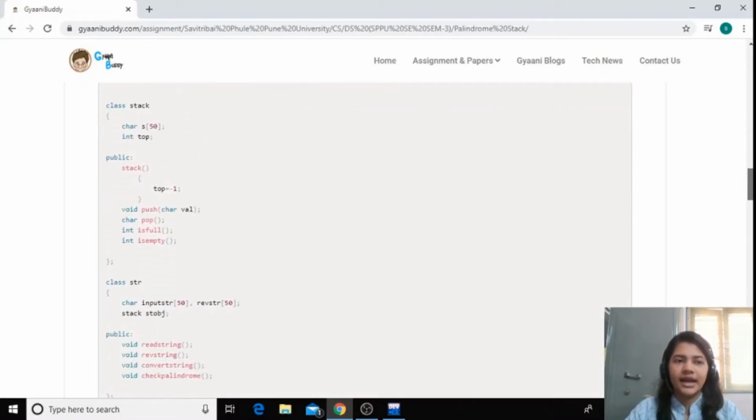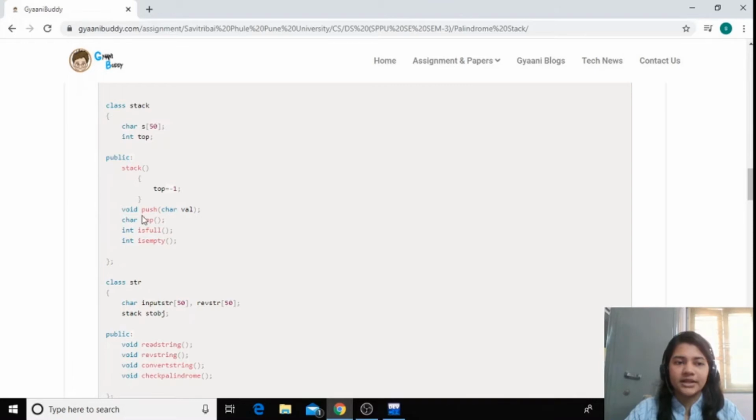And then I have defined a class stack, and in it, as we know that we are using array representation, so we are using here a character array. I have kept the max length as 50, the stack size, okay. And as we have discussed, the variable top of the type integer, and in the public section, whenever the stack object will be created, the stack constructor will be called and top will be initialized to -1. As we have discussed, when the stack is empty, top equals -1, okay.